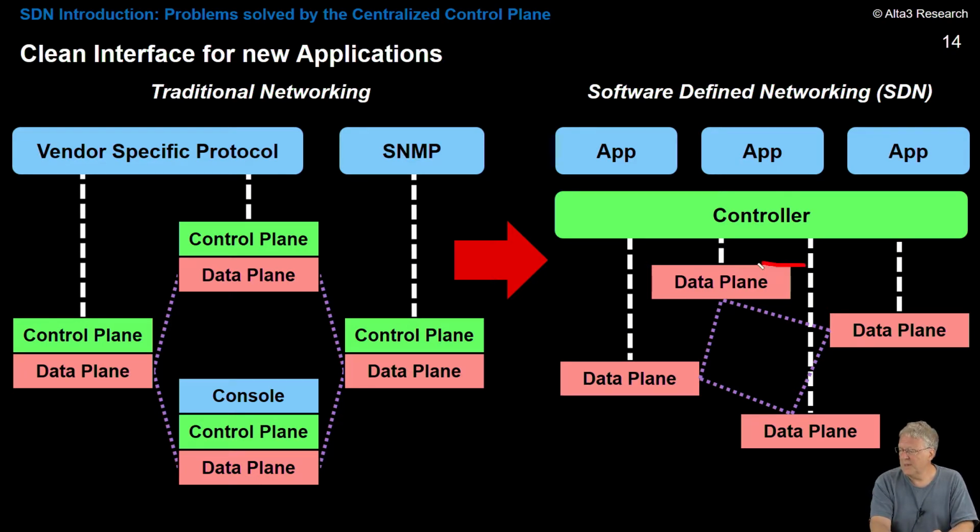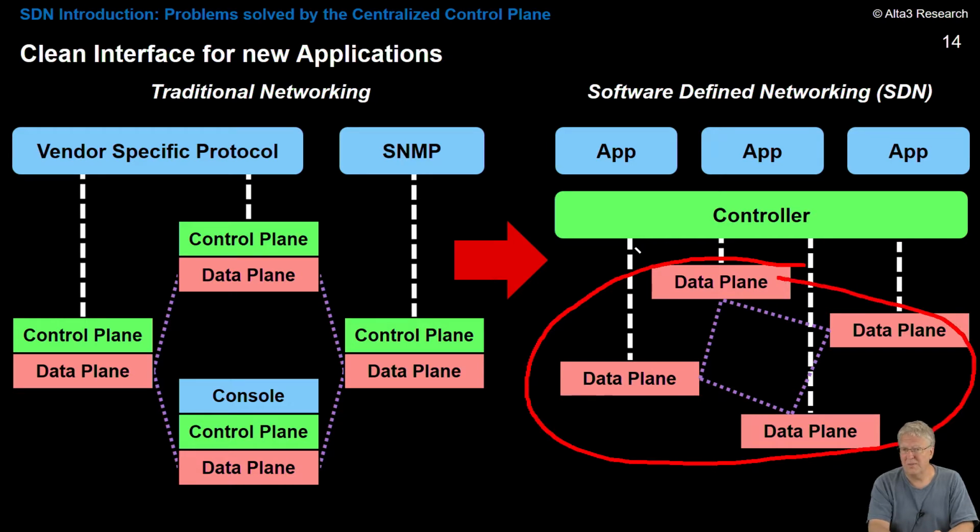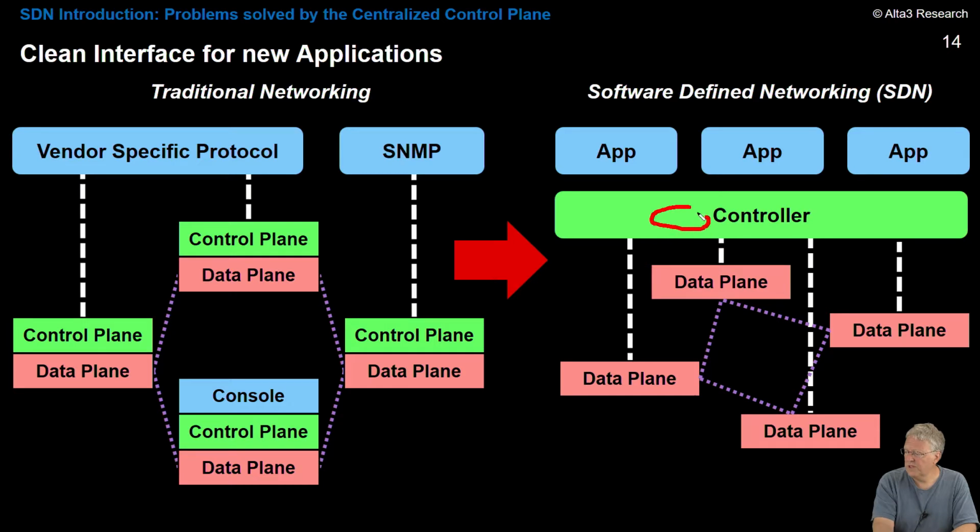So what is happening is that this data plane basically becomes incredibly stupid, and it takes its instructions from a central brain. Now, obviously, the speed of light distance between here becomes an issue, because when it comes right down to it, you have to write software right here in order to get instructions down to the data plane so that when a packet comes in,